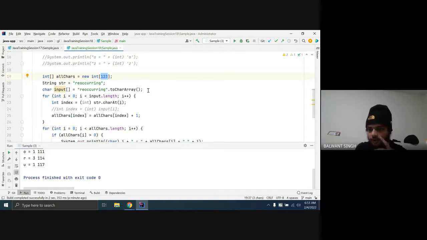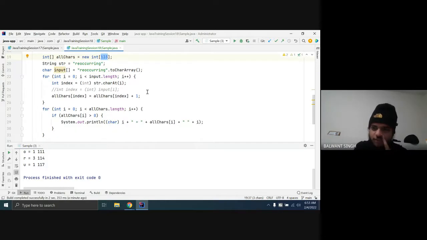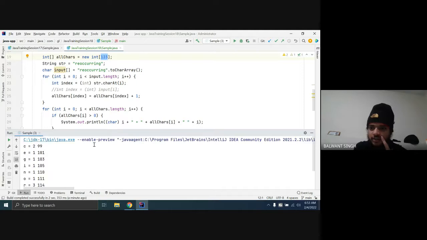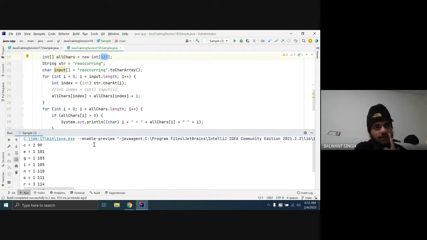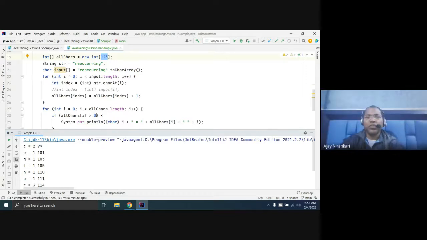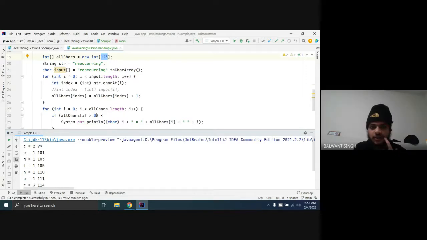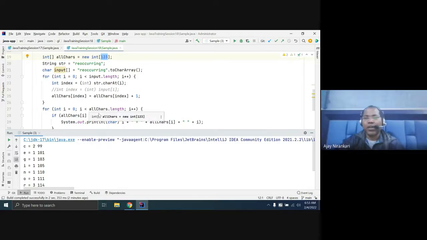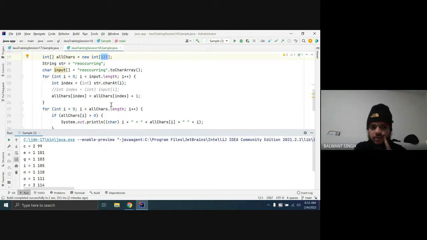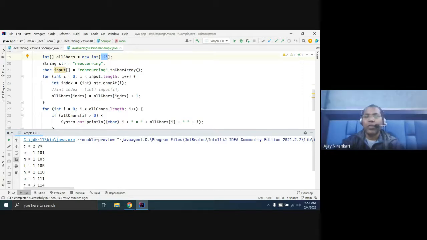Yes, sir. But now I came to know the benefit of 128. Sir, in 128 we can also count the comma and the special characters, space, each and everything. Yes, I think it is better than 26: space, comma, anything. So you can also try multiple approaches.